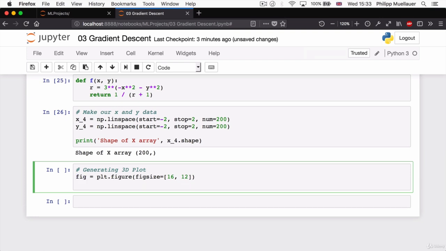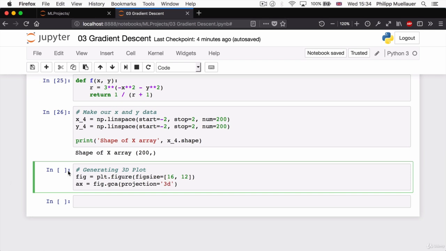Now, the follow-up question is, what kind of other elements are contained in a figure? Well, one element is the chart's axes. And we are particularly interested in the chart's axes because we're going to have to manipulate them. So the axes, we're going to store in a variable as well. So I'm going to say ax is equal to fig.gca(projection='3d'),